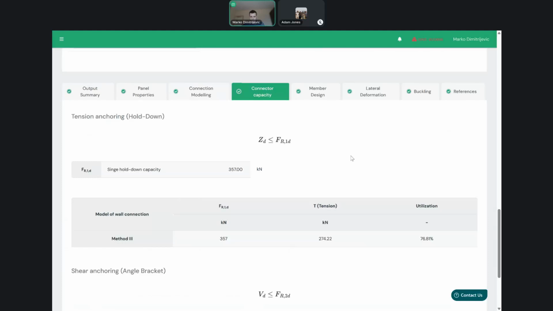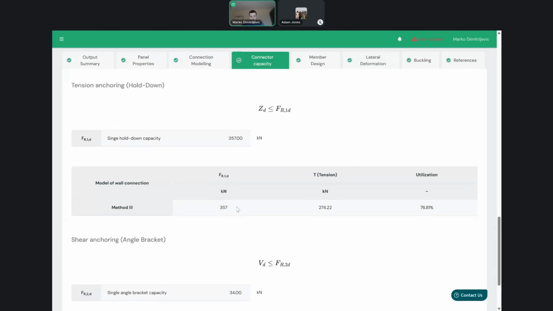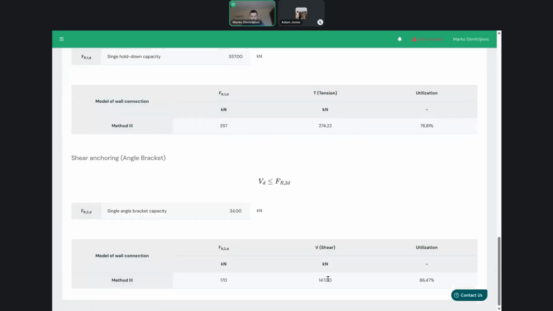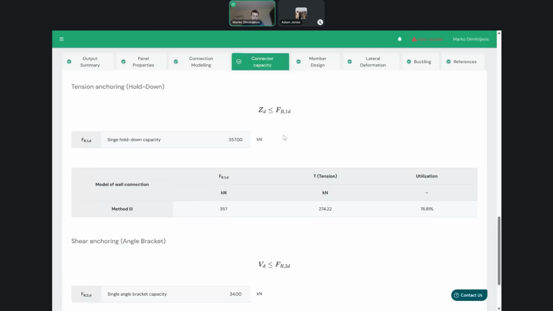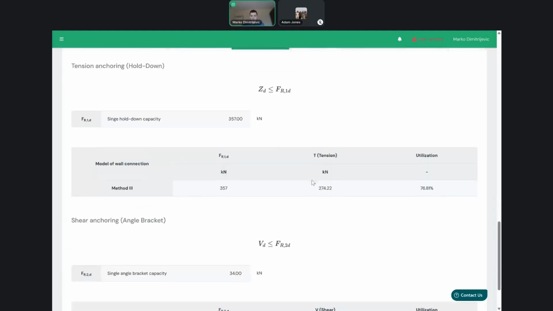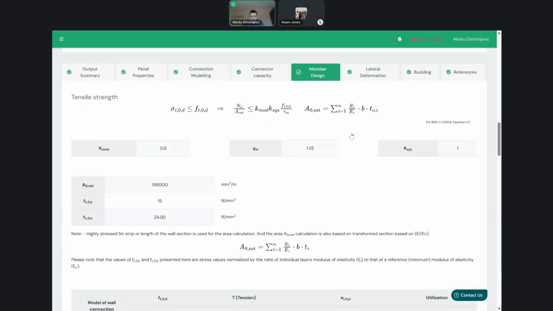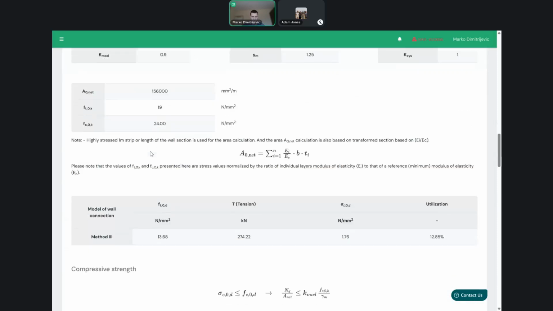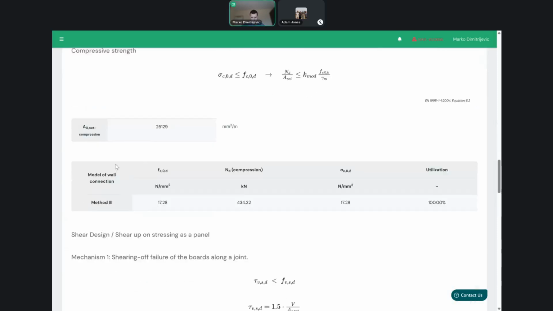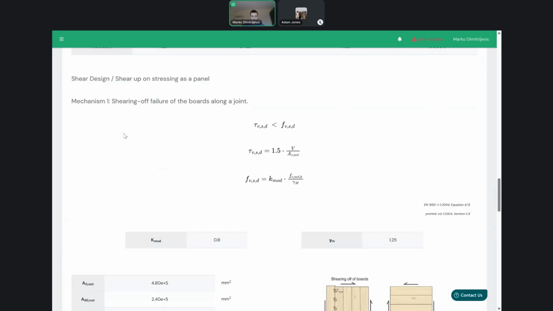And if we go to the connector capacity, based on the capacities that we input and the tension or shear forces that are determined by the previous method on the previous tab, we have the utilization according to that. Going further, we also have the member design capacity. Here verification is performed for the tensile strength, compressive strength, and also in-plane